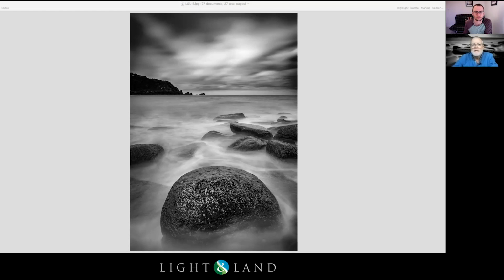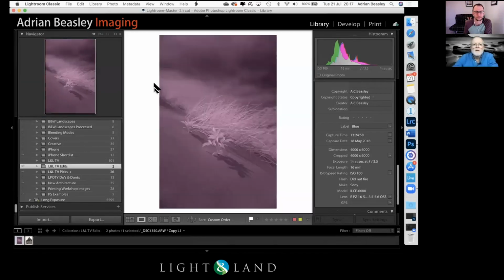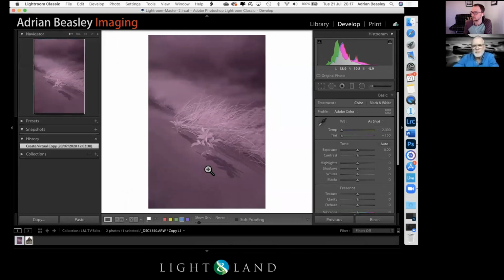We haven't quite got there yet, but if we did, then we might find some dunes, and the dunes work particularly well in infrared, actually. So I thought this was quite an interesting image because it brings up a topic of infrared as well. I find infrared photography works especially well early in the season and later on in the season as well. But most people maybe think of infrared as being a summer activity, but I would say almost